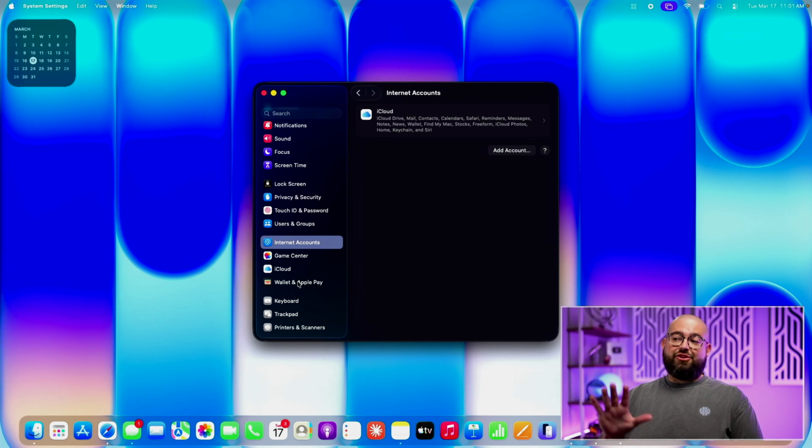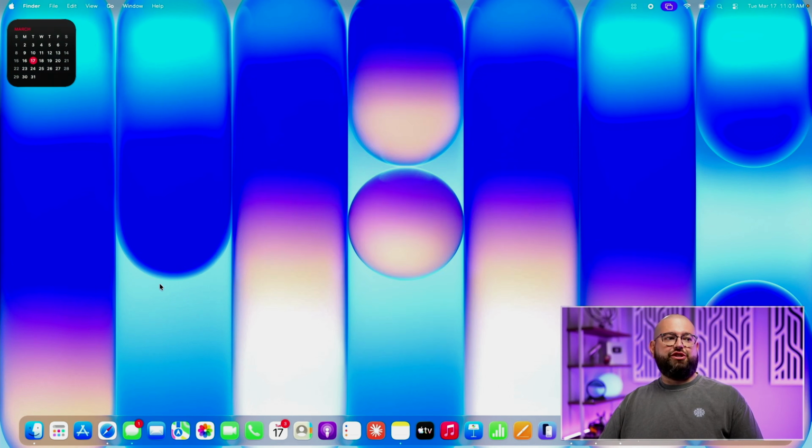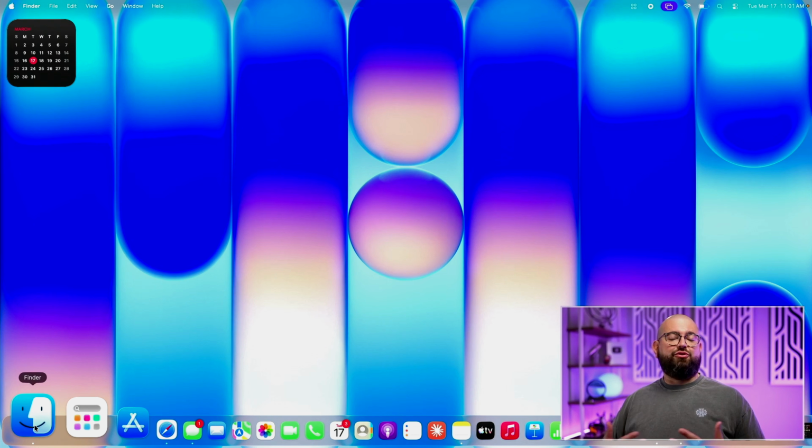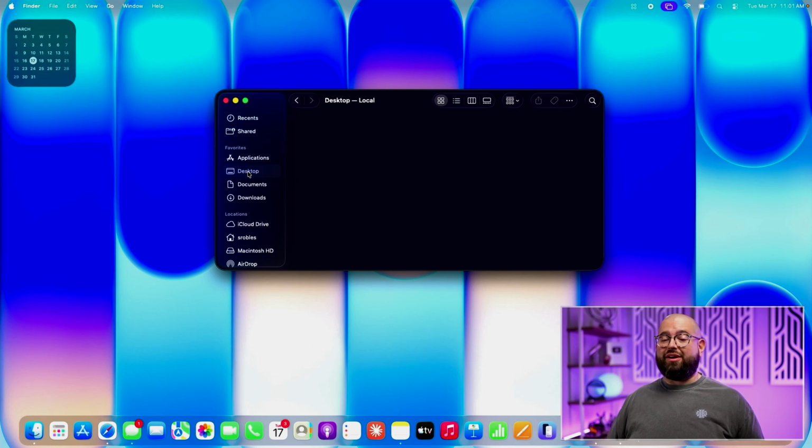Now, two more things, and then I'll show you my Mac setup, and then I'll let you go and enjoy your Mac. Let's go back to the Finder for just a moment. As you save and create files on your Mac, keeping them organized can be helpful. I'll show you my file and folder organization in a minute, but if you wanted to create a new folder,